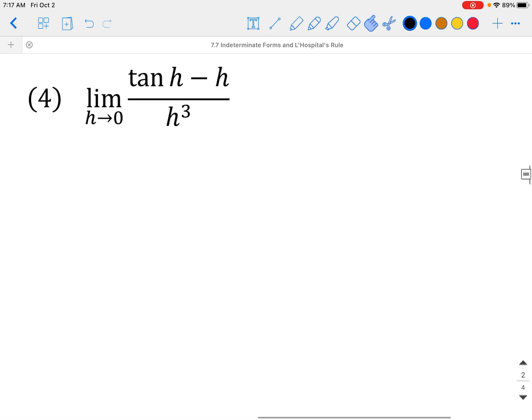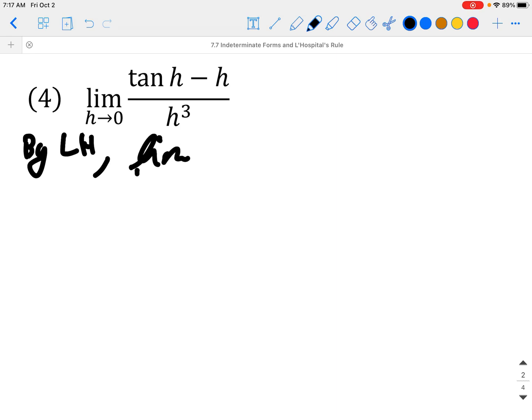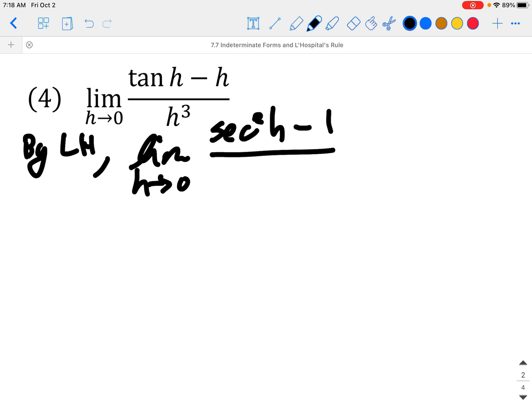For number 4, we've got the limit of tan h minus h over h cubed as h goes to 0. So that's going to be 0 over 0, obviously. So then we can apply L'Hopital. By L'Hopital's rule, let's see what we get. We're going to get the limit as h goes to 0 of secant squared h minus 1 all over